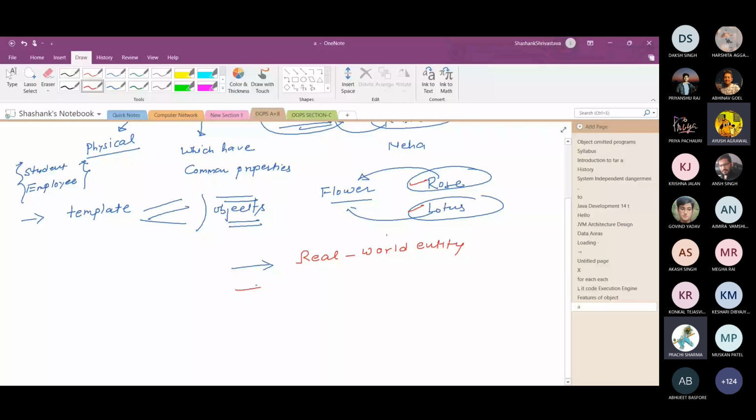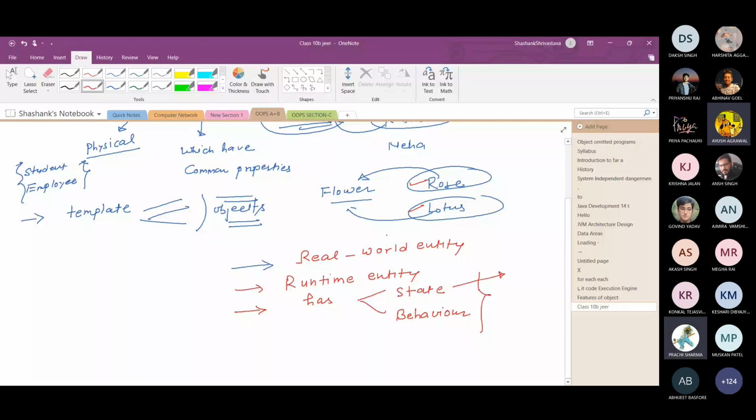Any object has state and behavior. This is a very important thing. State means, at a particular time, what the values of the fields or properties of that particular object are.